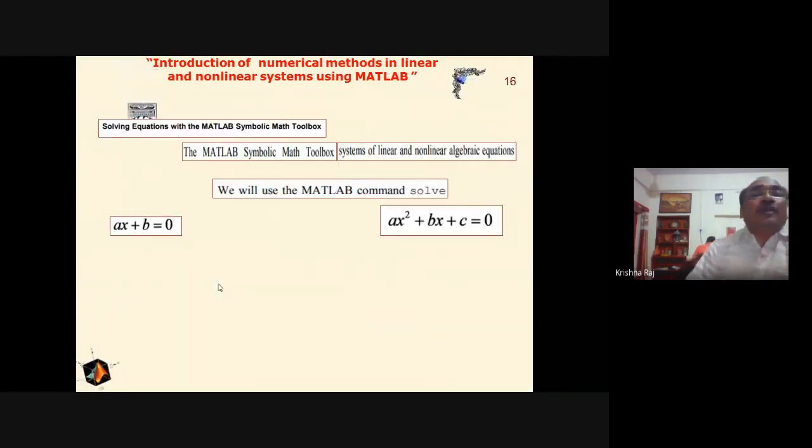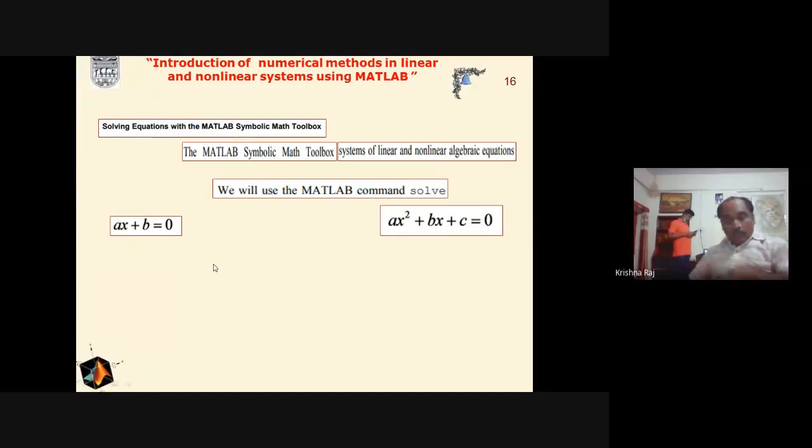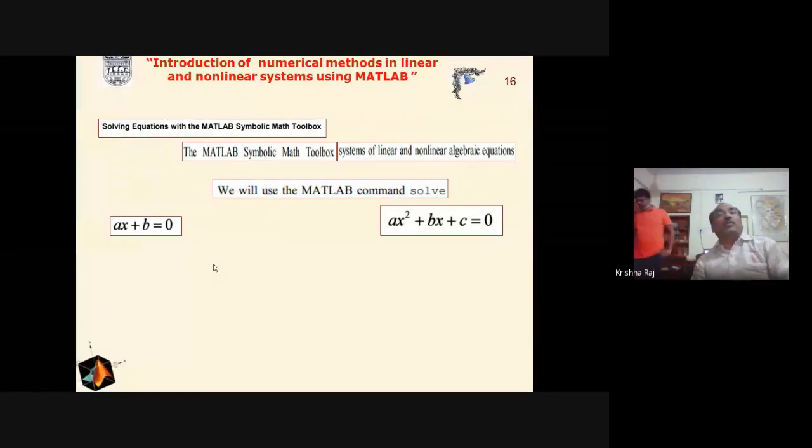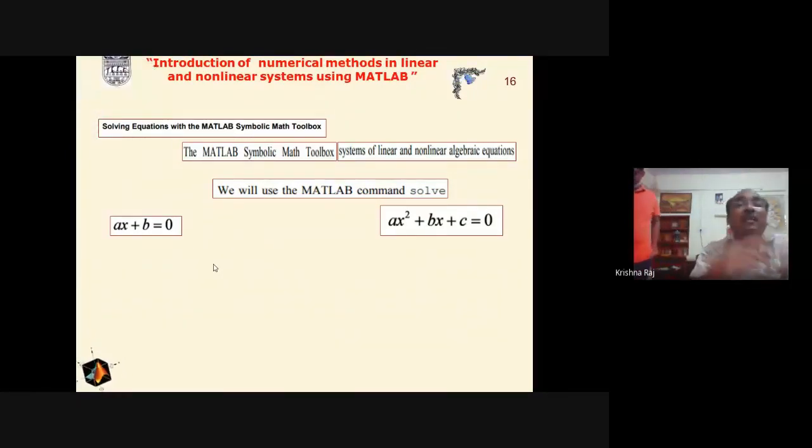Now, solving equations with MATLAB Symbolic Math Toolbox. One more thing, as we have discussed, first of all we have to learn about the letters, then by the combination or arrangement of the letters we learn how words are prepared, and then sentences, naturally then grammar, and then writing on a particular topic. Similarly, in this case we have to follow that.